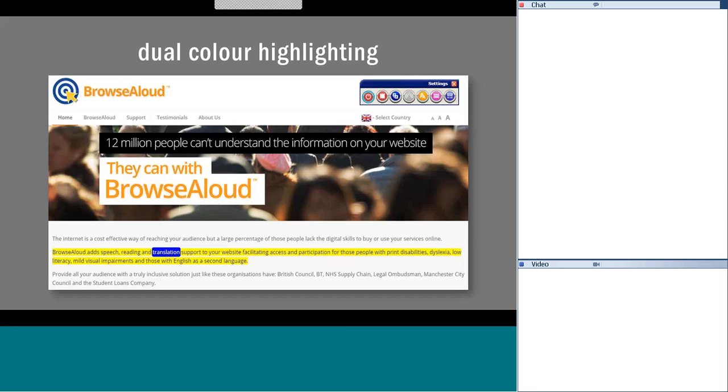And part of the reason for this is that information goes into two different parts of your brain, so you have two different brain imprints for the same information. And you can change the foreground and background colors to suit your requirements, but the default standard that we use is a blue on yellow, which actually is a commonly good combination of colors for people who have dyslexia.